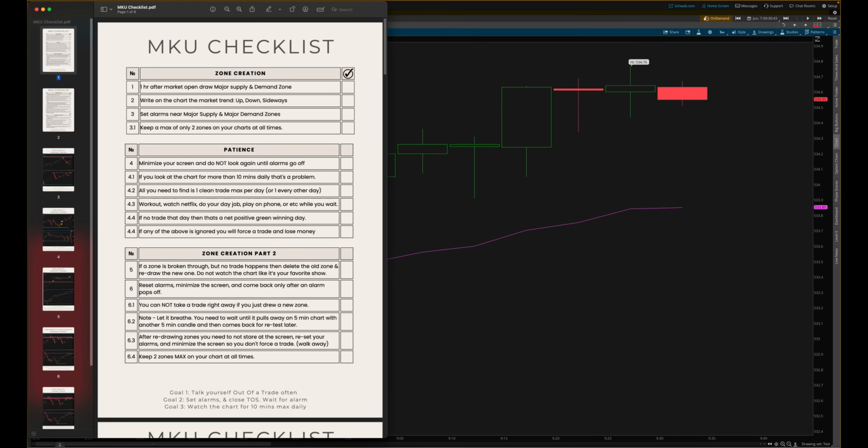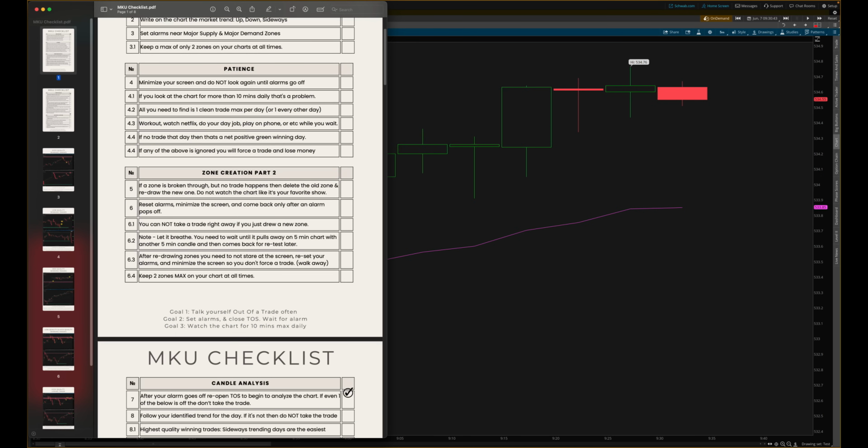I'm going to walk you step by step through my full strategy on how to actually day trade, and you can make $3,000, $4,000, $5,000 a week from this alone. The way I'm going to walk through this is I'm going to have everything written down in a checklist that you can reference on a daily basis. It tells you step by step what to do, when to do it, why to do it, and how to do